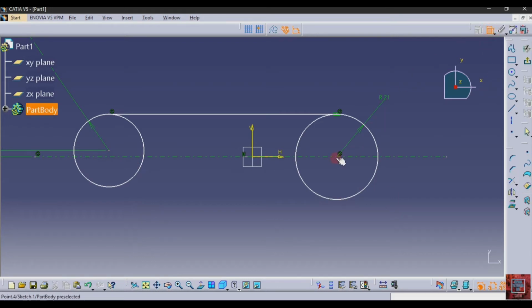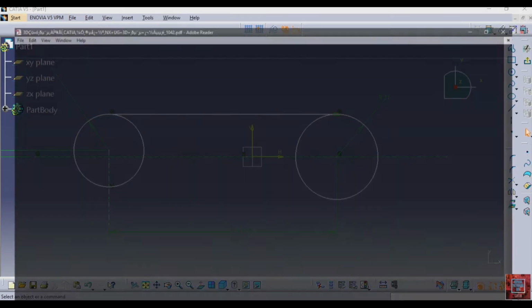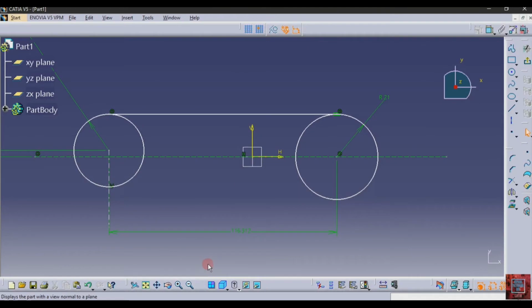Select the center point of both the circles. The distance between both of these is 140.